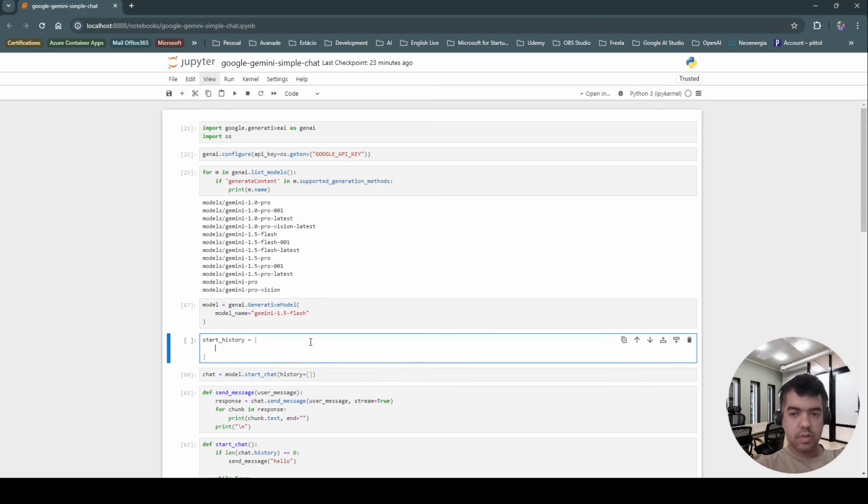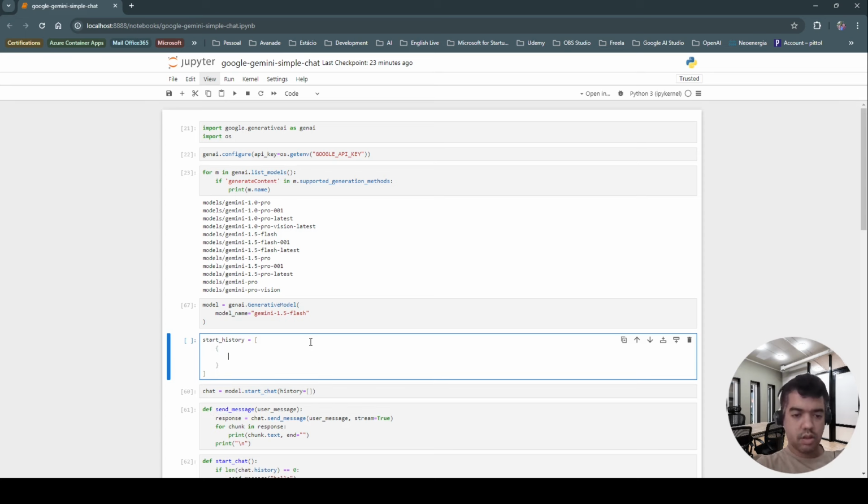So parts, text, complete with the next value from the sequence, 1.